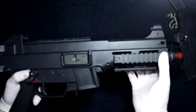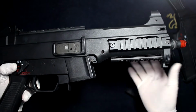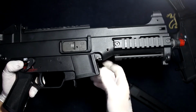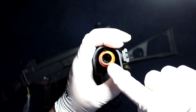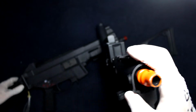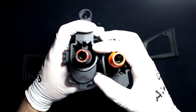Alright, nitpicking. This pin right here fell on the ground 2 times during a game. Luckily I found them, but this gun I disassembled a lot, so maybe that's just me being a pain in the ass. I don't know if I can show you guys, but there's a little piece that puts the barrel exactly in the middle of the outer barrel, and mine, I mean the older one, I already lost it. It just failed about 2 or 3 times while I was shooting at home,